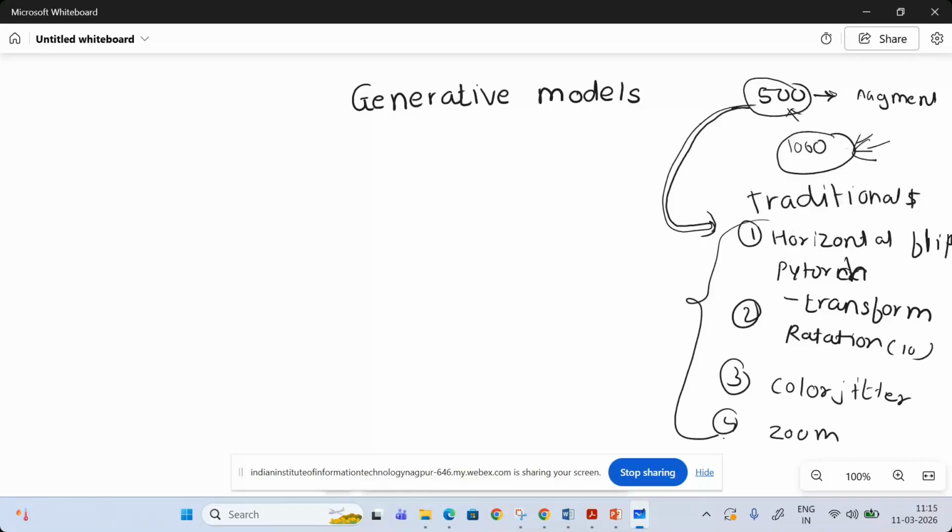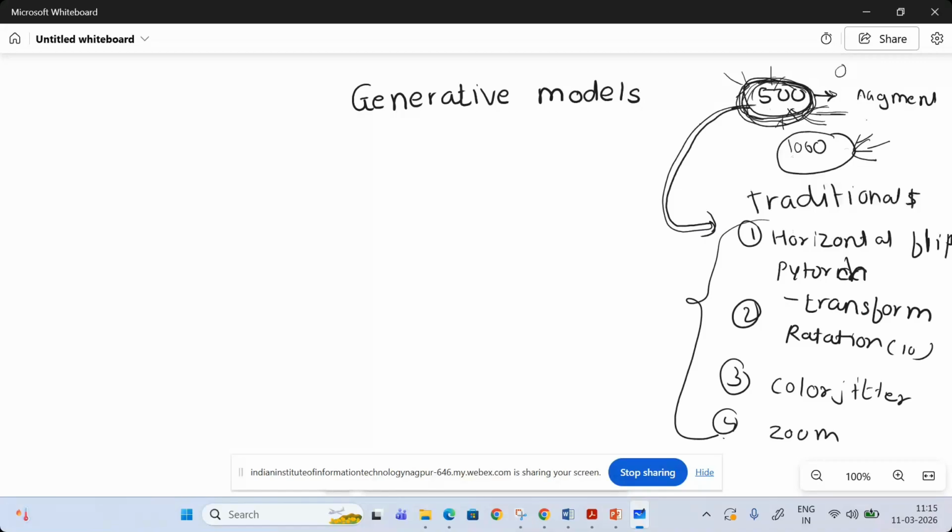Now people have come up with the idea that I should not use the same image from the data. I have to generate an image that is not existing, but that should look like the images from this data. It should be a similar image, but it should not be from the same data set. The traditional images are generated from this data set itself, the same images looked at in a different way. But here we have to generate images which are different, not belonging to this data set, but that follow the structure of these kinds of images.